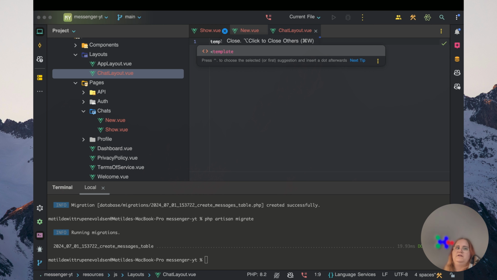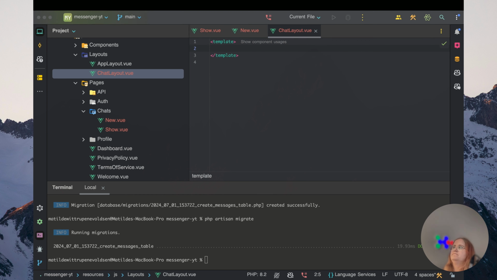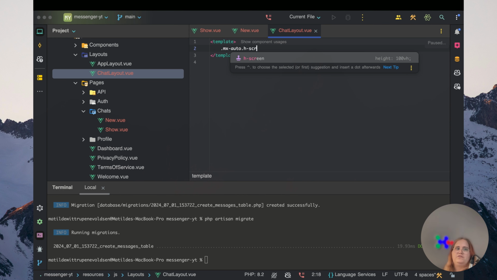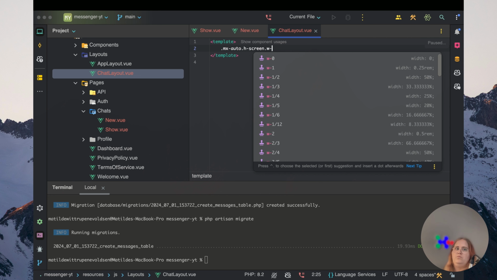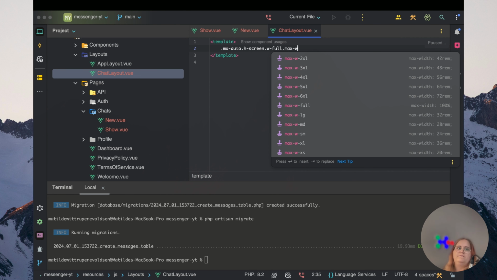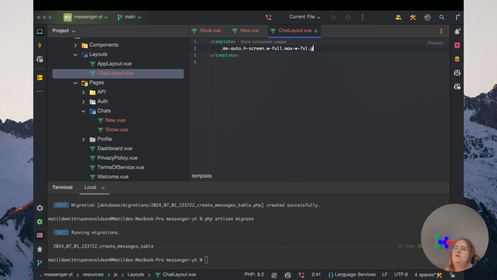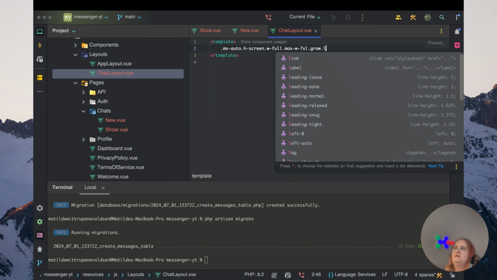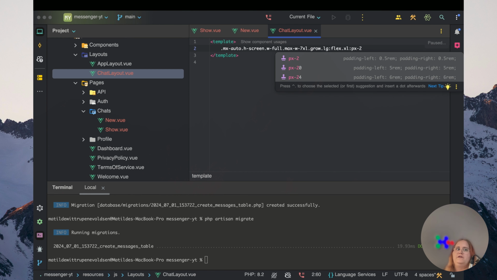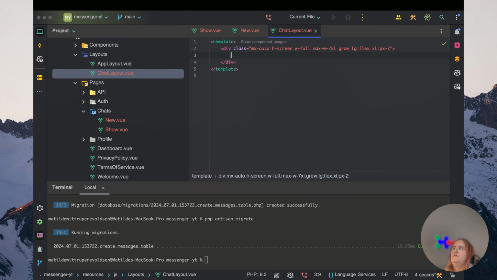And let's go ahead and make a template here. We don't actually need to import anything in here. So we want to have mx-auto, h-screen, and w-4, max-w-7xl, grow, and flex, text-xl. We're gonna have px-2, just like that, and then we're gonna have a flex again, and in here we're gonna